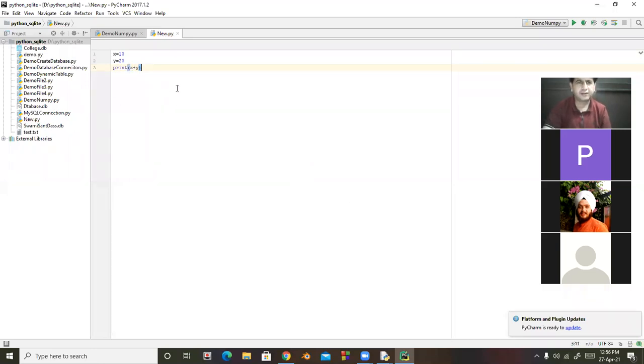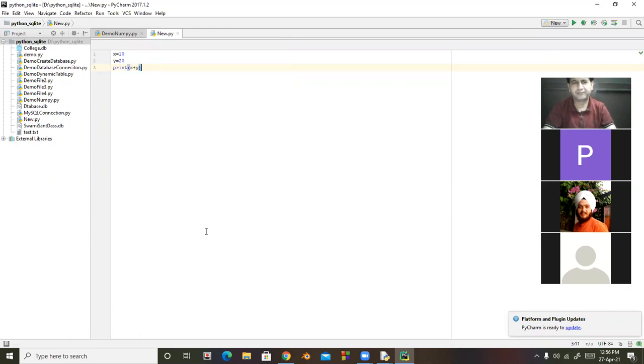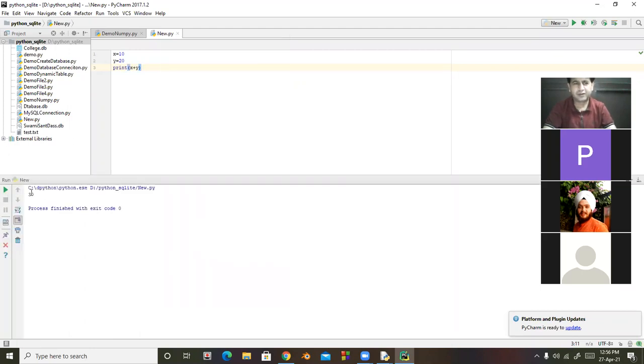After you execute, you will have to run the program. Look at here, the result is here. So this is again a very good editor for Python programs.